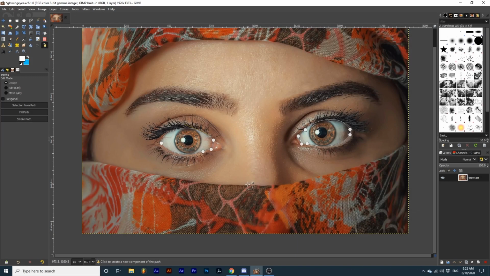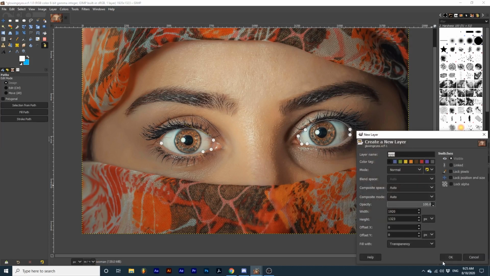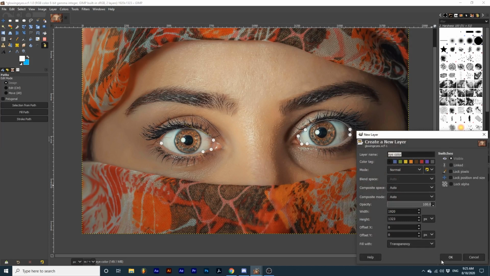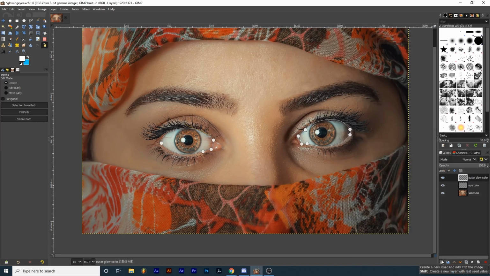After we have created our paths, we can create two new layers. I will name one eye color, and the other I will name outer glow color. Make sure you drag the outer glow color layer beneath the eye color layer. With the eye color layer selected, I will change my foreground color to white